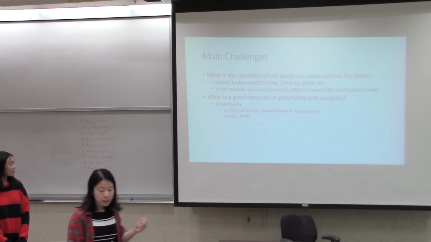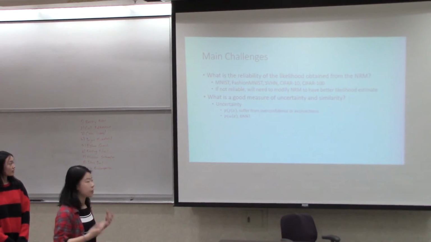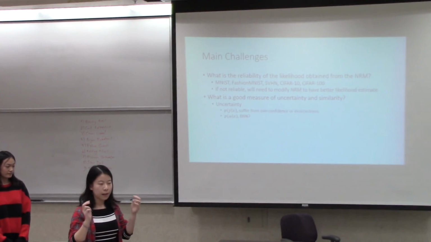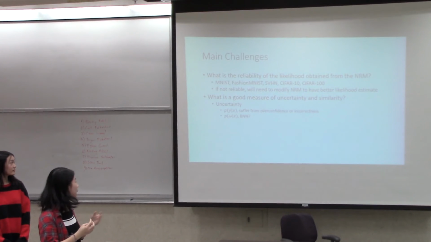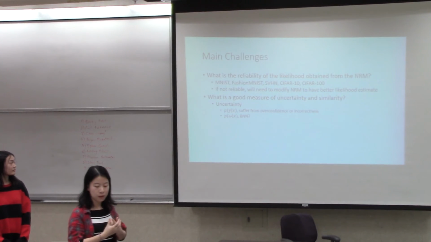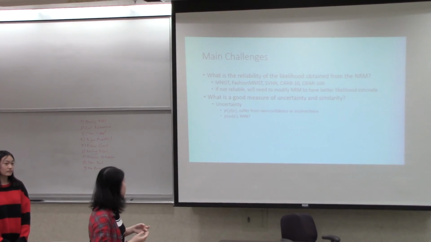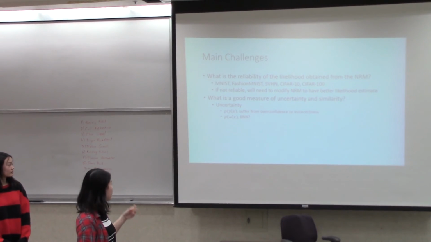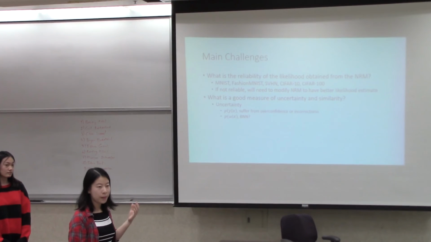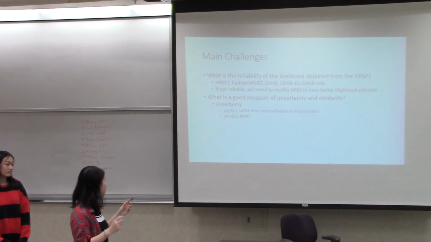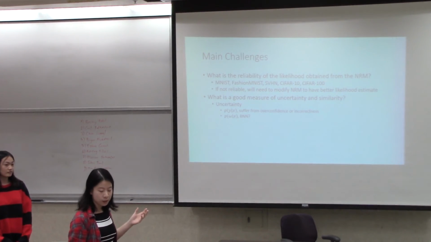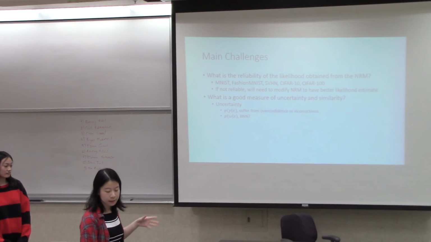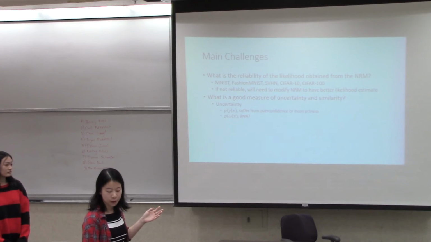And then we need to decide what is a good measure of uncertainty and similarity. For uncertainty, conventionally, people calculate it based on P of y given x, which is the output of the softmax layer. But this might suffer from overconfidence or incorrectness. So instead, we can use an approach called Bayesian neural network to calculate P of omega given x, where omega is a latent variable in your neural network, and use this as a measurement